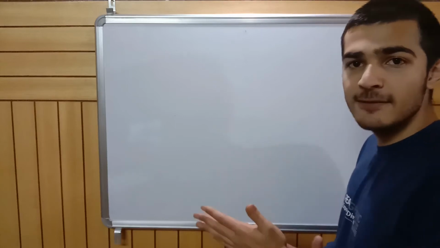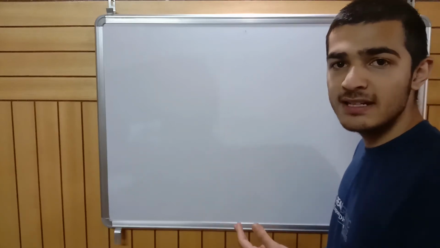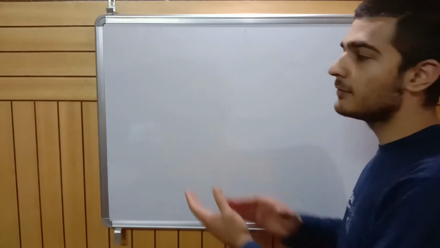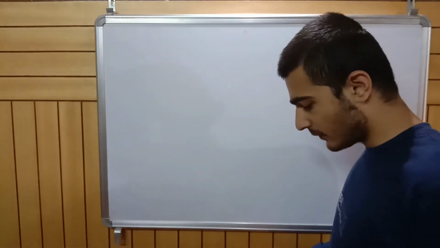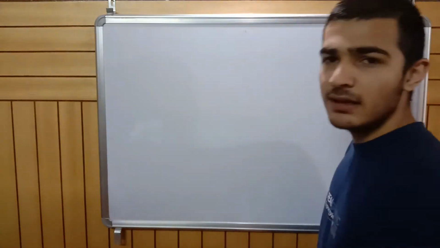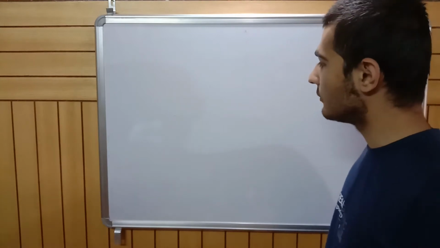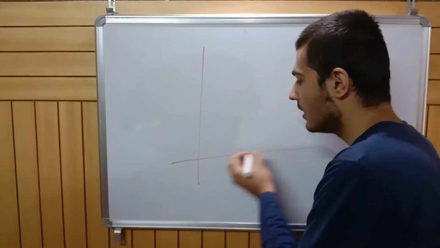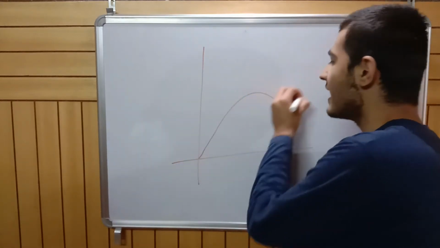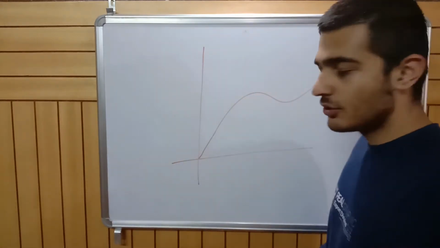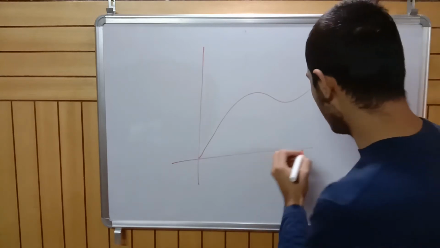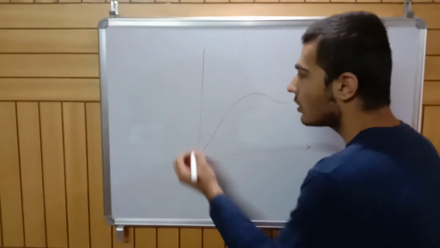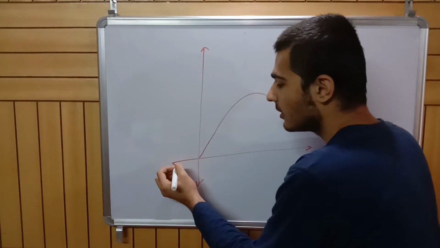Okay, so in the previous video, we've seen how to draw a derivative function of a given function. So in this video, I'll start by taking a random function. This is no specific function, but just a random graph. I just choose a random graph here, and I hope you're all familiar with the concept of